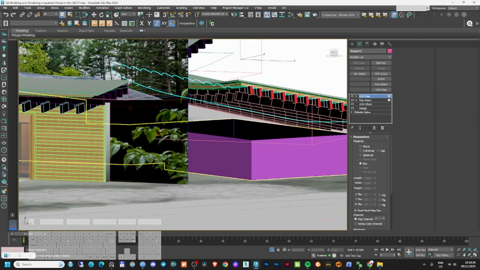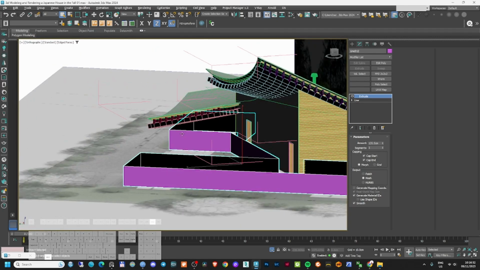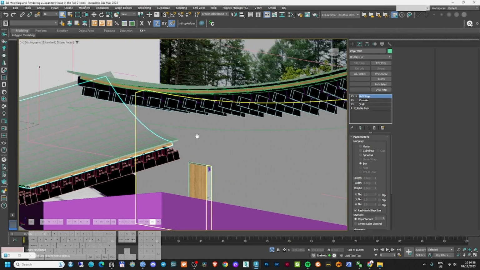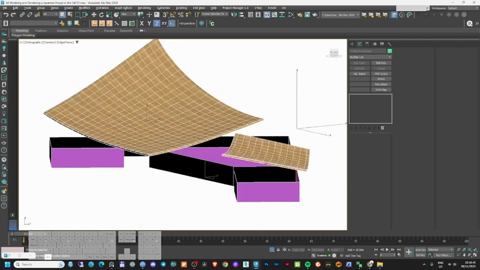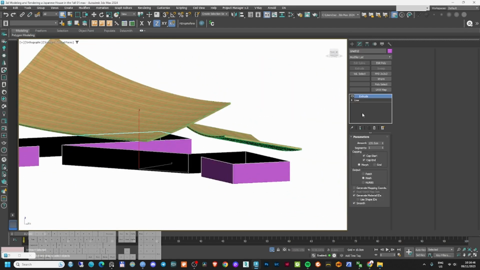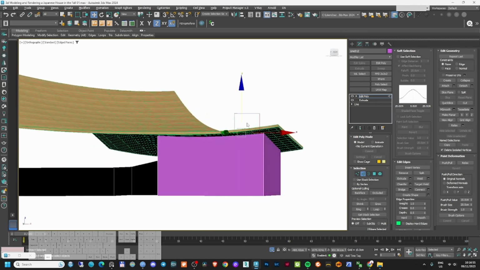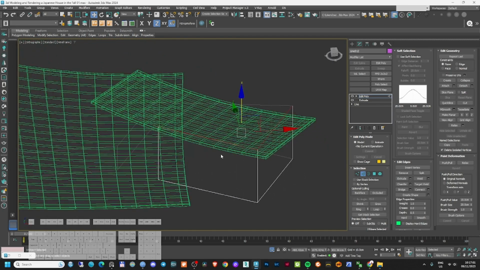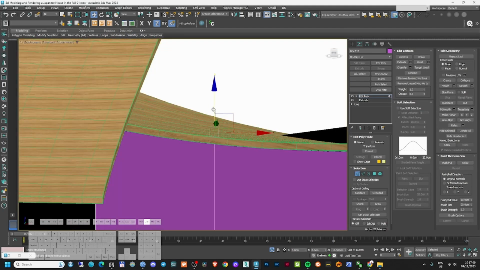And what we need to do next is to extend this under our roof. So yeah, this part needs to go here. I'll select this and this, and now I will try to fix these two in such a way that they're going to work together well. So I'm just going to take these two here and extend them, as you can see. And yeah, on this part here I will just apply a line. This is just going to go,